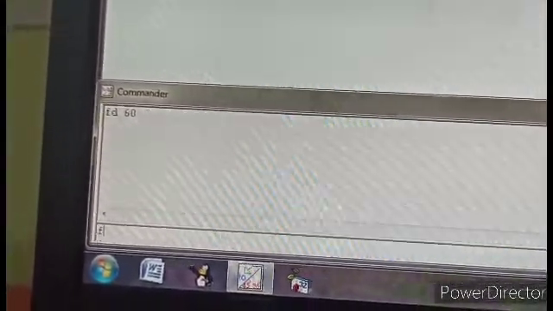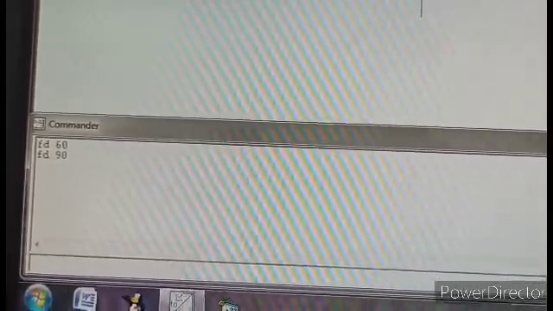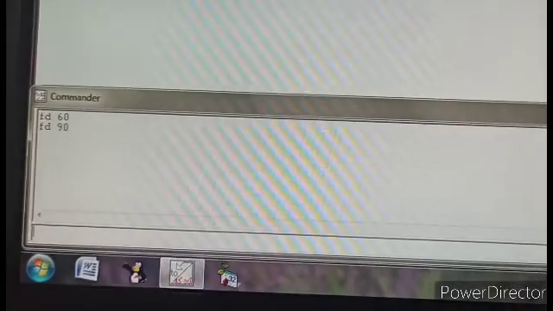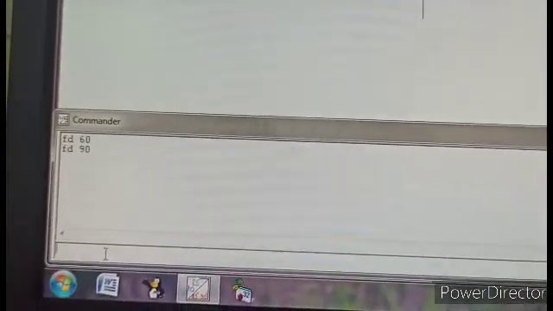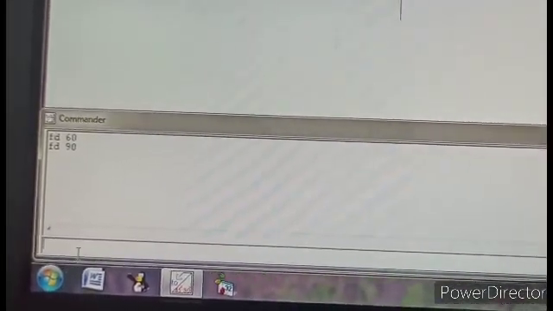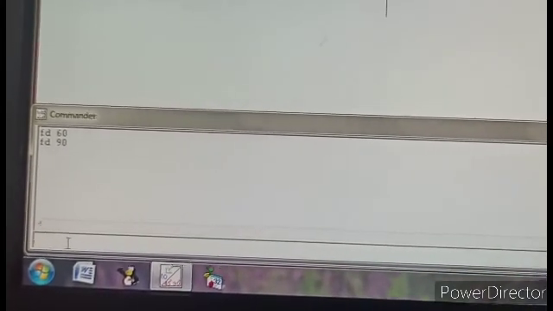If I give another command, FD space 90, enter. See, the line is longer and the second command has been stored in the recall list box. So the recall list box stores our previously written commands, and the command input box is now ready to accept the next command from me.